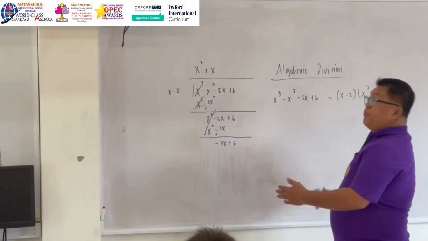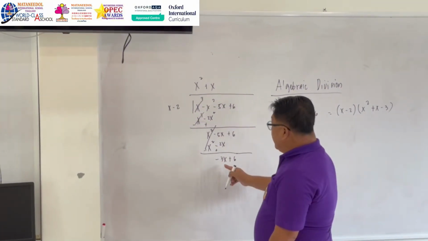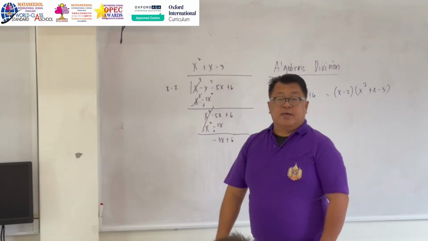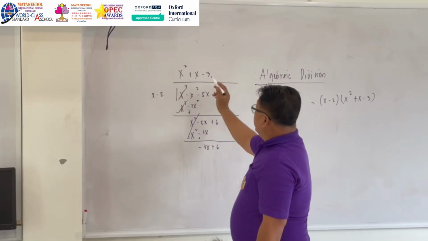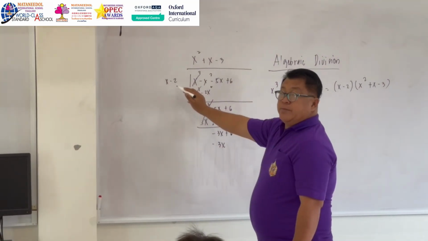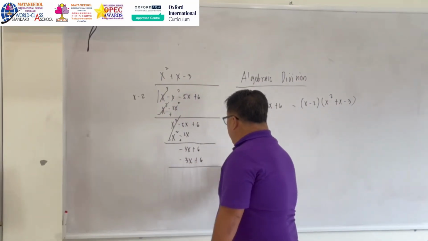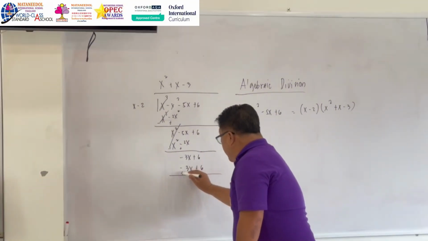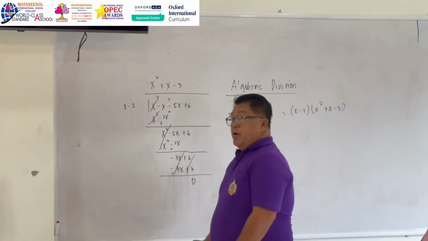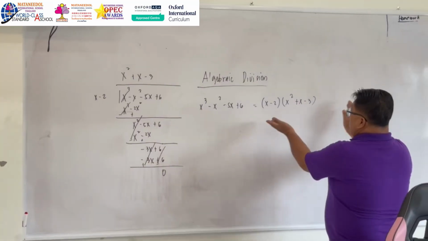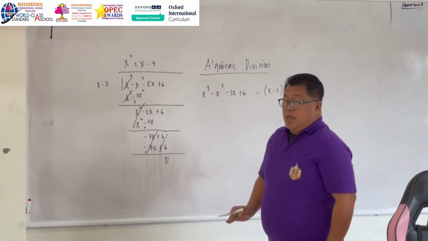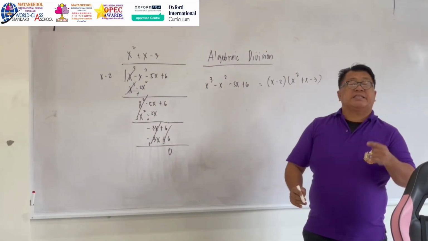Okay. So proceed again to division. Negative 3x divided by x, we have negative 3. So multiply negative 3 to x, we have negative 3x. Multiply negative 3 to negative 2, we have positive 6. Change the sign again, negative will become positive, and this one will become negative. So cancel, 0. Meaning, the given equation, based on our given factor, has no remainder.